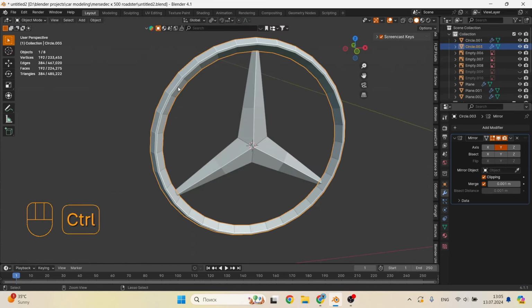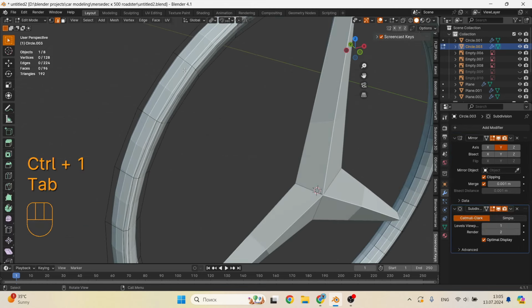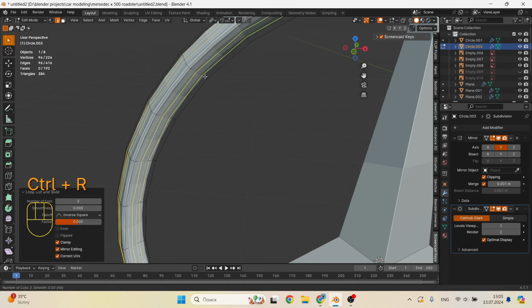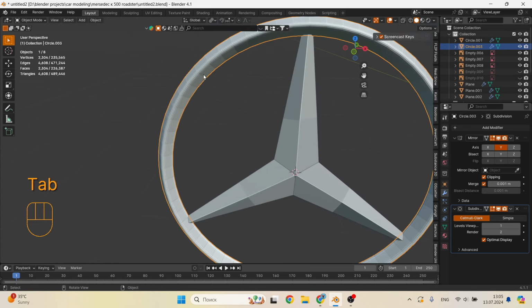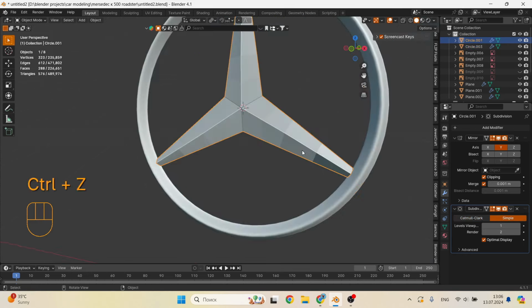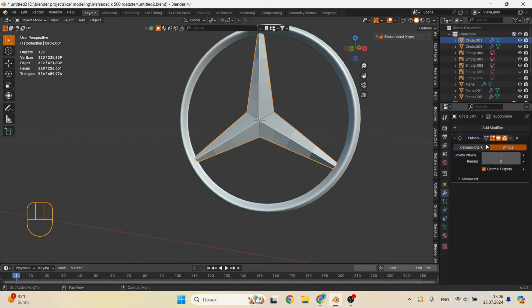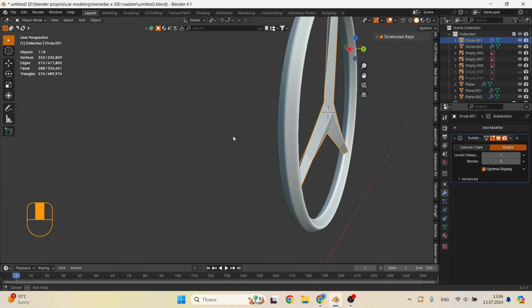So, now I will need to apply all the modifiers that are on these parts for future operations. And to make the topology more stable, you need to add several additional edge loops to the circle. After which you can apply modifiers and shade smooth. But do not forget the main rule that modifiers are applied one at a time starting from the top